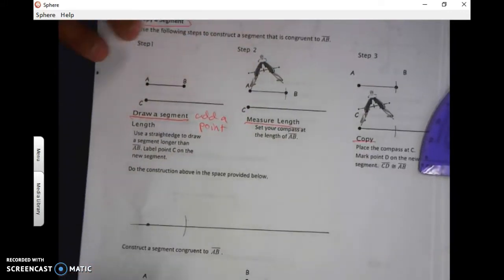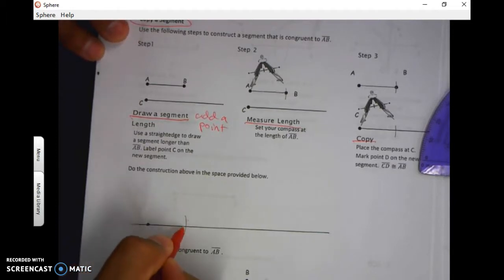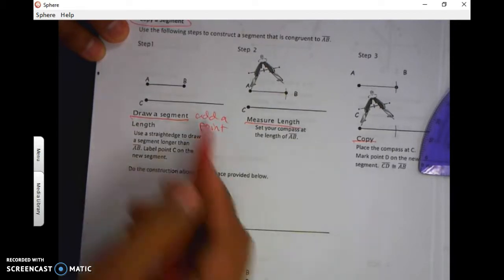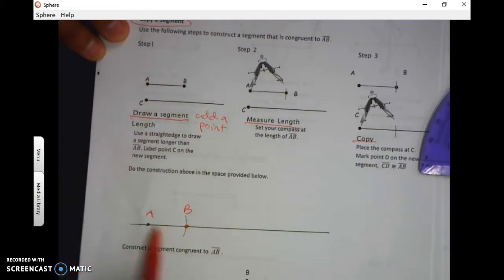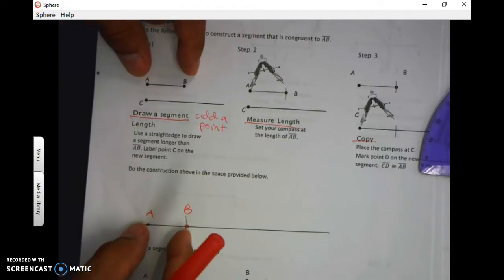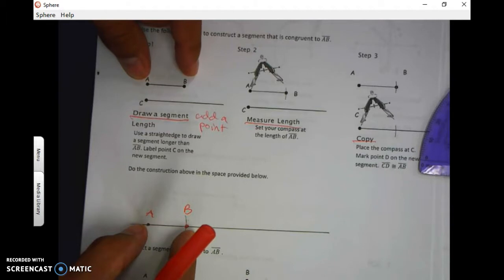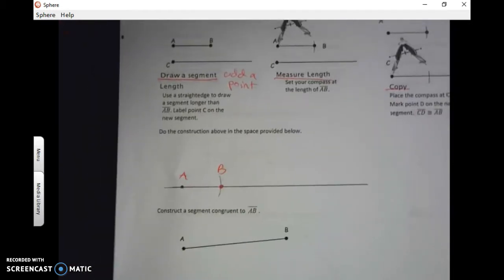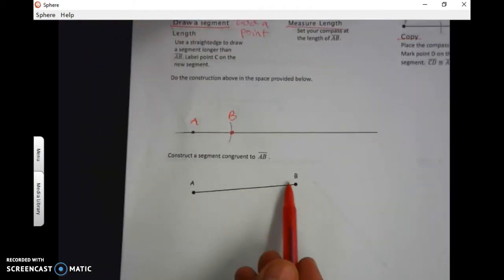Okay? So this arc is a point that should be just as long as AB up here is AB down here. Don't these look equal? And if you did it correctly, they will be equal. Okay? So what I want you to try is at the bottom, I want you to try to copy this